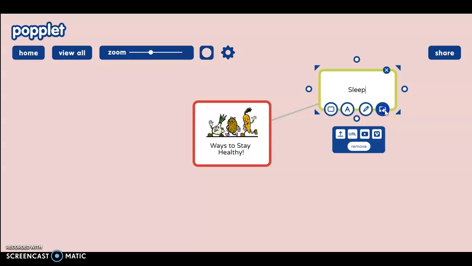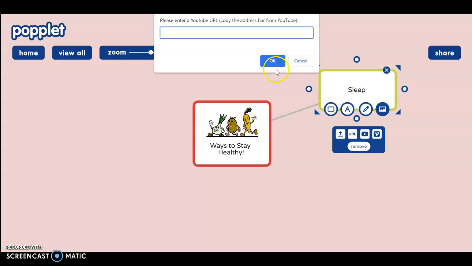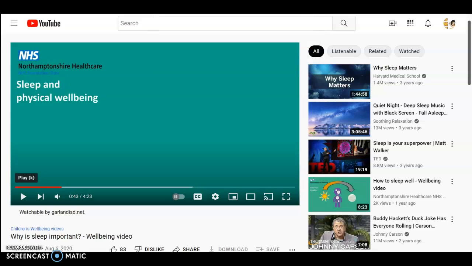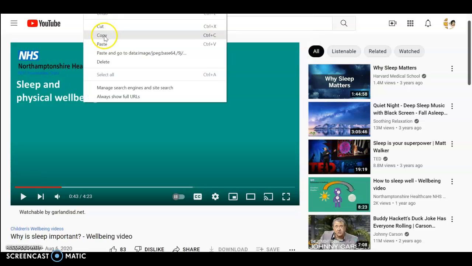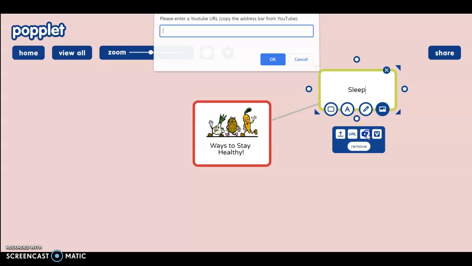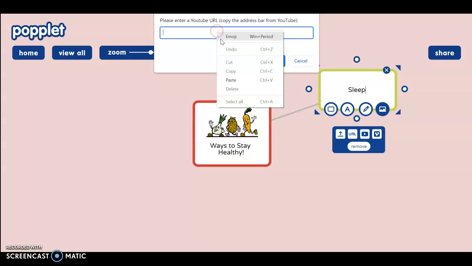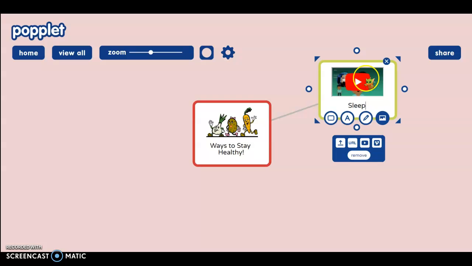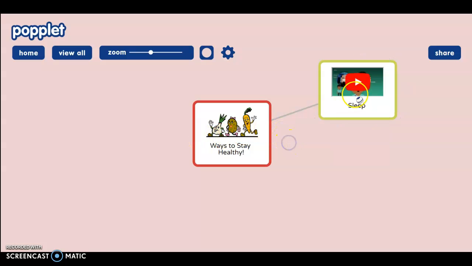So now I'm going to insert a video. I'm going to click on this button right here, which has a play button. I'm going to go to the video that I already had selected. I'm going to copy the URL code, and I'm going to paste it. And just like that, your video is there. Let's go to the next one. So now that I'm done with that,